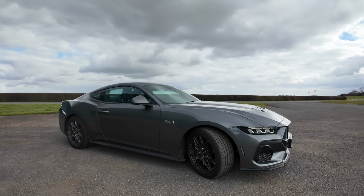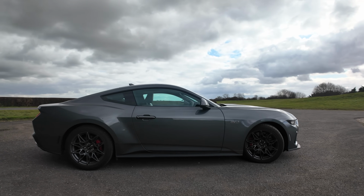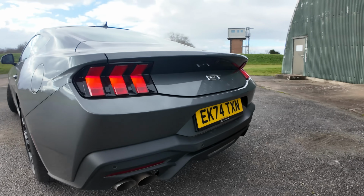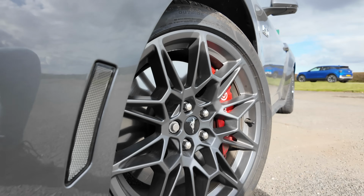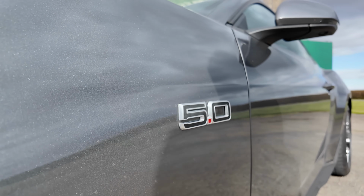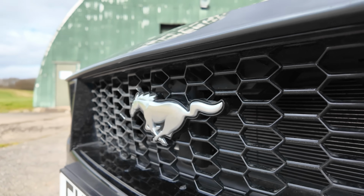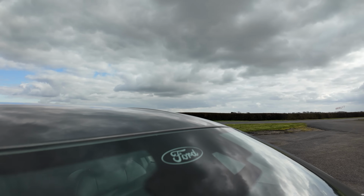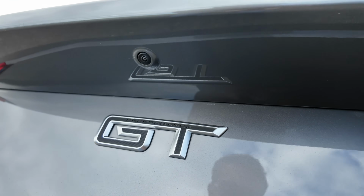I mean, it's still got that iconic Mustang shape with that huge bonnet and sweeping rear end, and then you've got these retro style tail lights that pulse when you put on the indicators. But something I have noticed is there's actually no Ford logos around the car. You come down to the wheels and no, there's no Ford logo there. It's the Mustang, and you come alongside and it's a 5.0 for the 5-litre V8, and even on the front there's no Ford on the bonnet. There's just that Mustang logo. In fact, the only Ford logo I can find on the car is up here on the windscreen. But coming round the back, you see it's got GT on the boot lid,